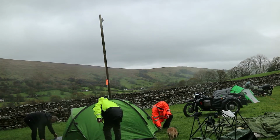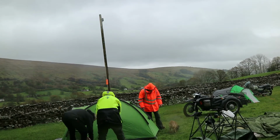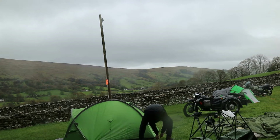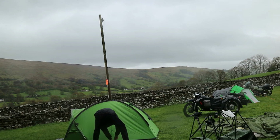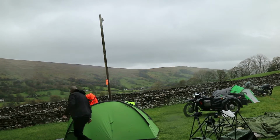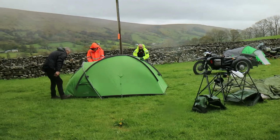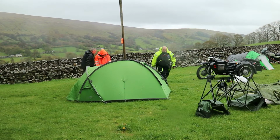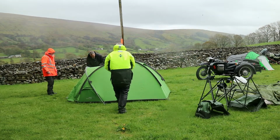Right, we've got to put the pegs down. Got to remember which one's what. Wait, it doesn't matter. We'll peg the base out first. Go on. You grab some of them. Just tension it, you see. Are we just pulling the tent tight, fella? Aye. It's not a bad way to tent this. Are you doing this one? Sorry? I'm doing this one. How did you do this one? You tighten that up. No, I just left them there. I just left them tied. Just like that. Yeah. I doubled them up myself. They just had single ones on. And then